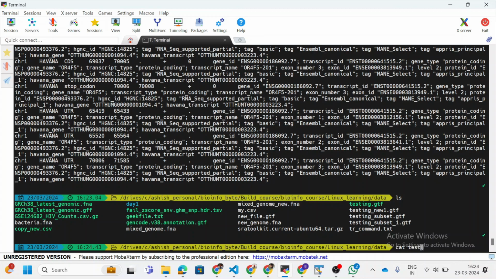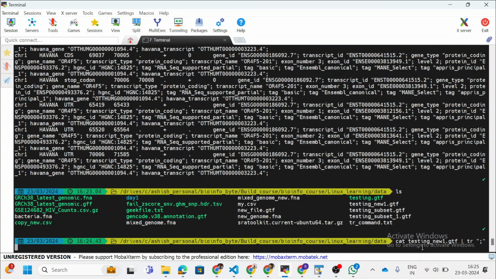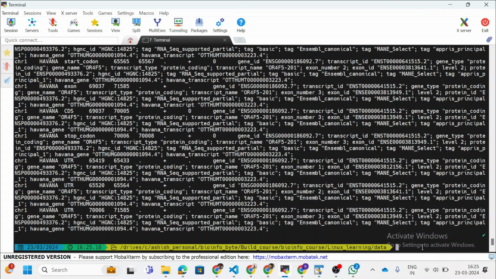So cat testing_new_one.gtf, and because I'm combining multiple commands, I'm using the pipe. I'm using the tr command, and I'm saying wherever a semicolon is there, I want to convert it to a new line. New line is written in Linux as \n. Press enter.